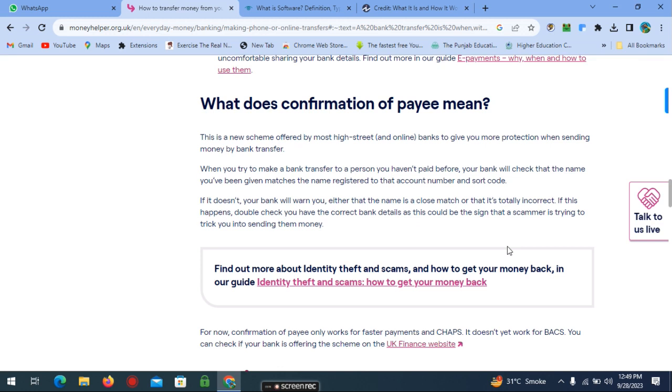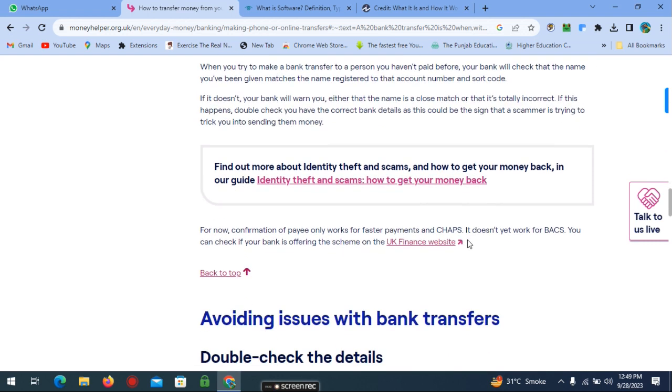If it doesn't, your bank will warn you either that the name is a close match or that it's totally incorrect. If this happens, double check you have the correct bank details, as this could be the sign that a scammer is trying to trick you into sending them money.